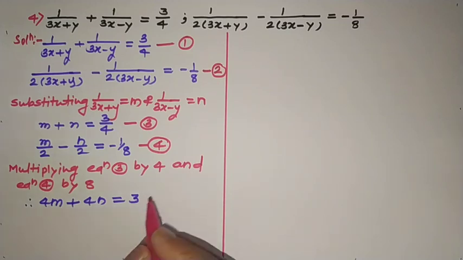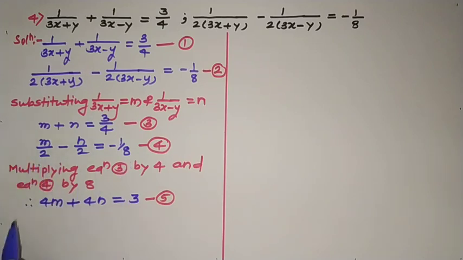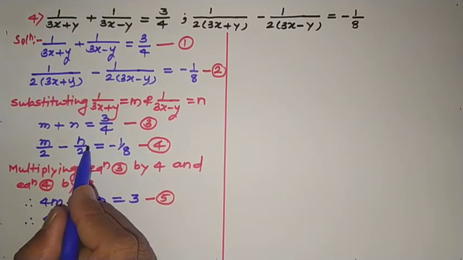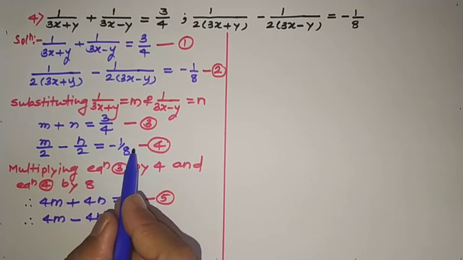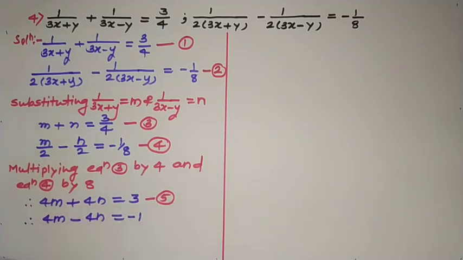This is equation 5. And here multiplying by 8, 2 fours are 8, so 4m minus, n upon 2 into 8, minus 4n, and minus 1 upon 8 into 8, 8 cancel. आठ cancel झालं. या ठिकाणी ही दोन समीकरण आली. हे समीकरण 5 आणि हे समीकरण 6 नंबरचं. या ठिकाणी समीकरणामध्ये चल n चलाचे सहगुणक, the coefficients of n variable are equal, then adding these two equations 5 and 6 to eliminate n variable.